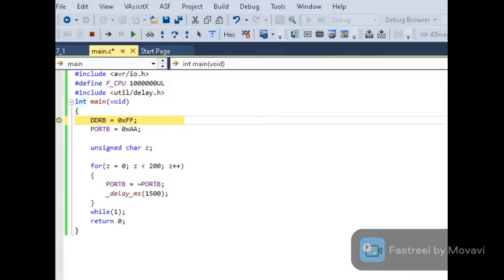Assalamu alaikum, roll number 191016. This is our lab 3, example number 7.3. Inside this we have to toggle our port from 0 to 200 and display it on port B. As we know, these are our headers that define our body, and inside the main function we have